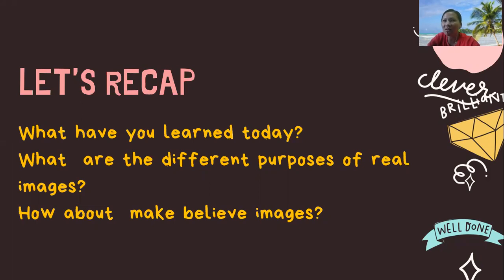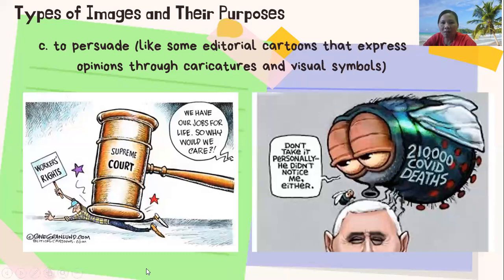For the make-believe, it is also to entertain and to tell stories, but these are fiction stories. And the next one is to persuade also. They use different kinds of images, although they have the same purpose. What about the make-believe images? I already taught it. Okay, so now